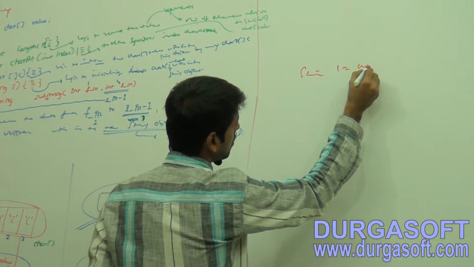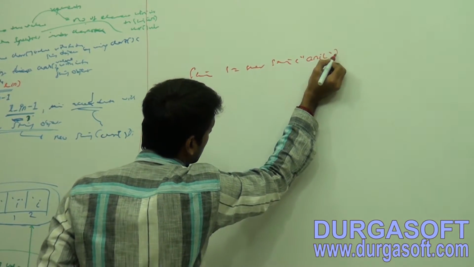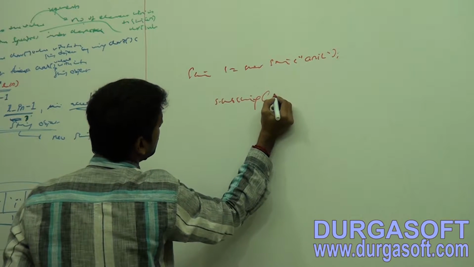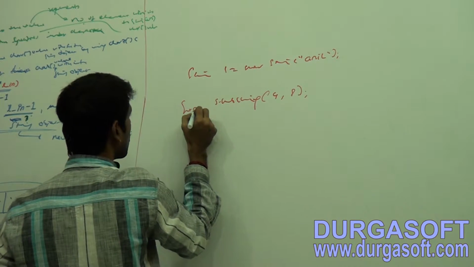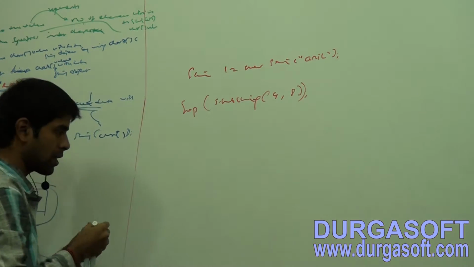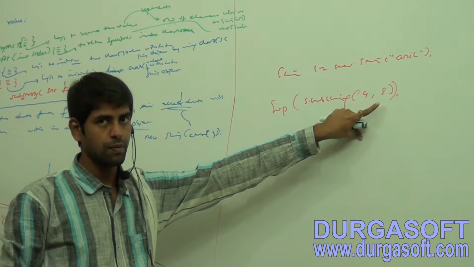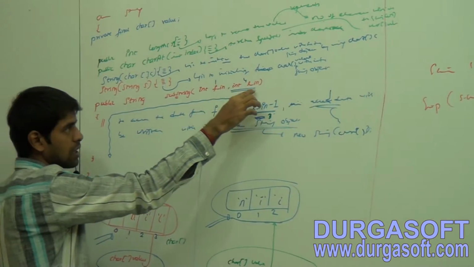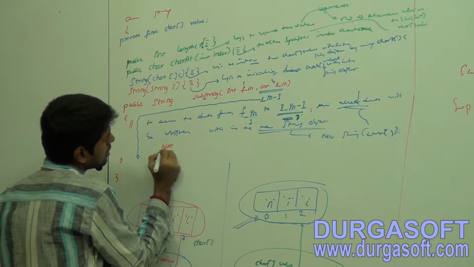String s equals new String of ANIL, s dot substring of 4 and 8. Now, do we get a valid output? Observe here, these arguments, first index and last index, must and should